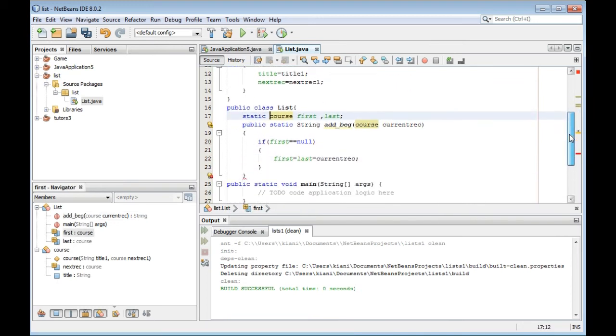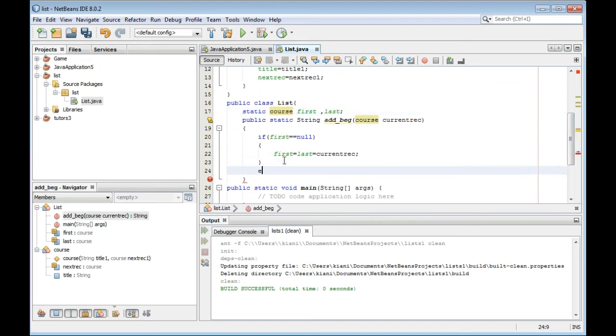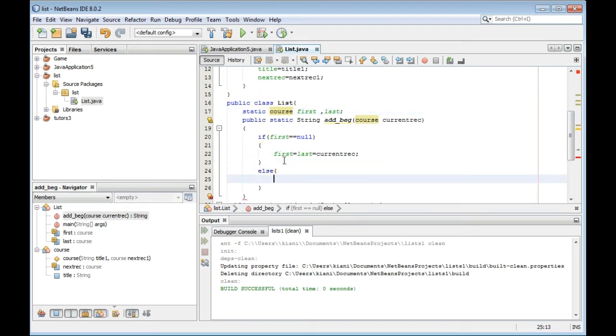Now we have add record. This is public. It should be static because we will call it in the static function main. It should return a string, and we will see what the string is.